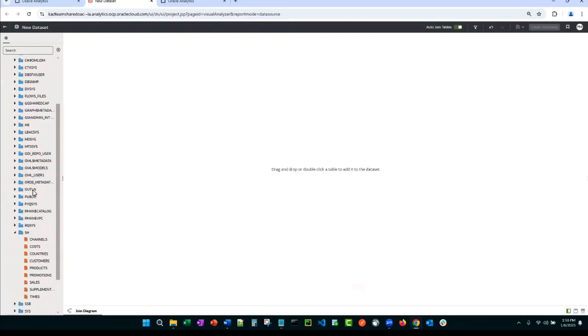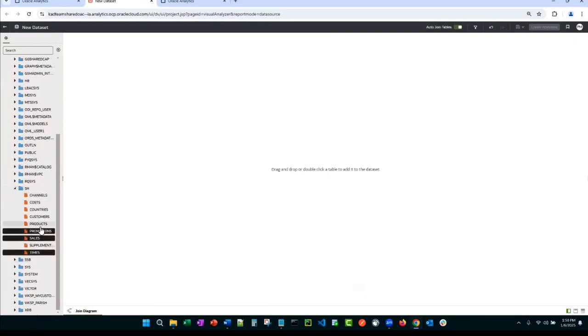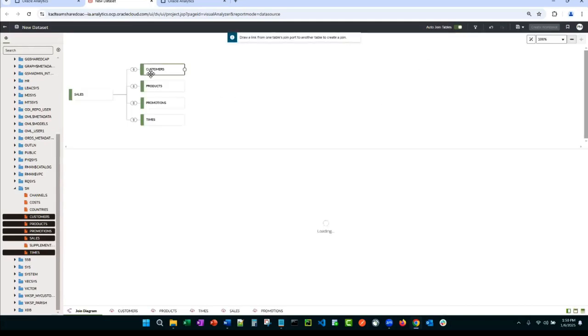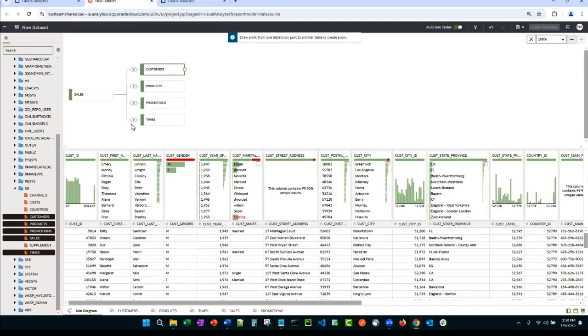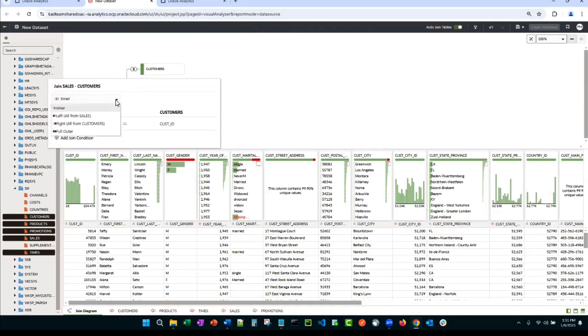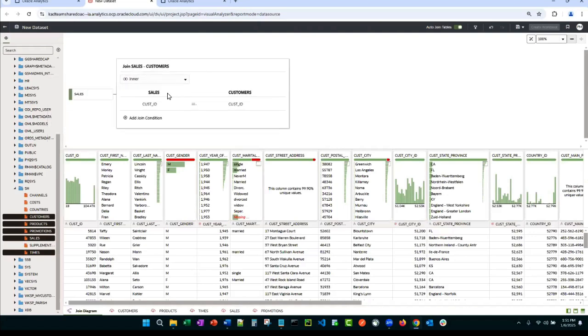So I'm just going to come down here. I'm going to select a bunch of objects, drag them up. Now, since I selected multiple objects, if auto join tables is turned on, and they have the same name, primary keys and foreign keys, it will join them automatically. If they aren't named properly, I'll show you how to manage them. But of course, with any join, you can come in here and change the relationship type. You can see here we have the join path. If you need additional columns to make the join, you have that ability.